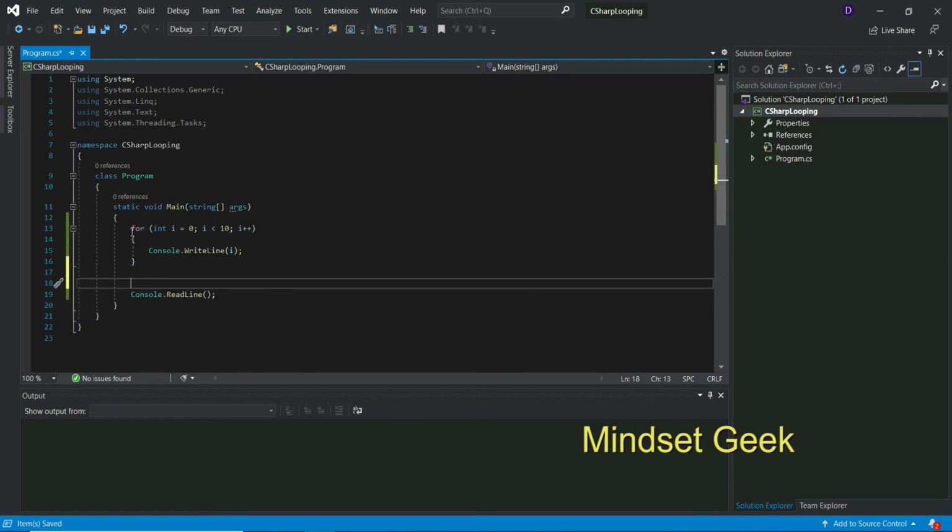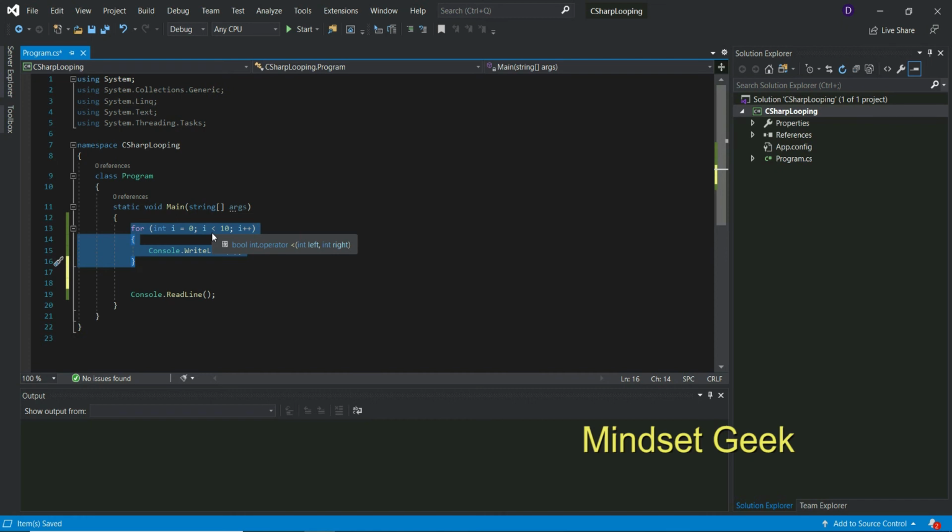This is a for loop. A for loop means I want to loop something. There are two kinds of loops available in C#: the for loop and the while loop.